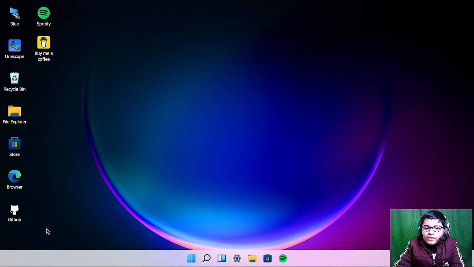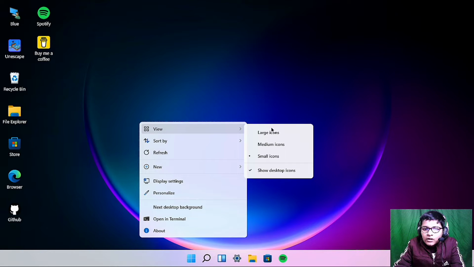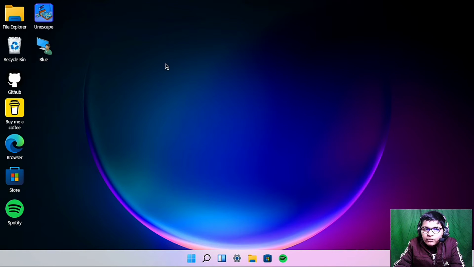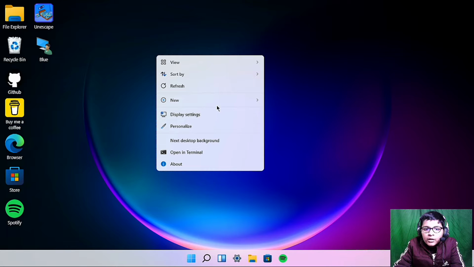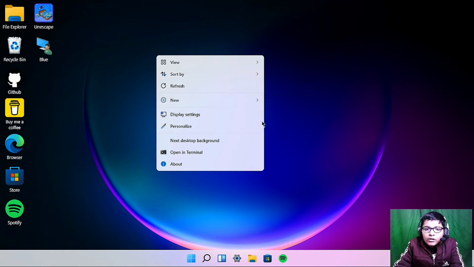So you can see our website is in front of me. What I am doing is, first of all, a right click, then you can see what all is coming. It is super amazing. View large icons, medium icons, whatever you want, then sort by name, size, date modified. So we are just going to try out size. You can see that it is happening. Refresh. So basic functions like view, sort by, refresh are the same. New, you can create a folder, shortcut, text document, compressed zipped folder, etc. Basically the things are the same, the way is new. So this is the thing.